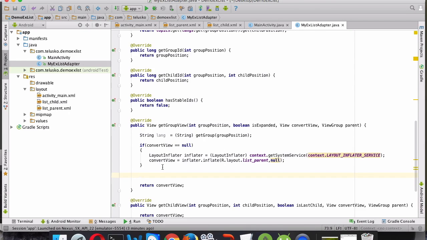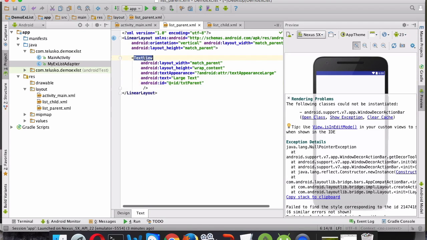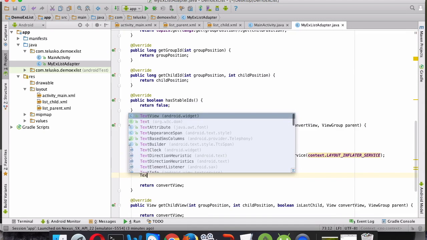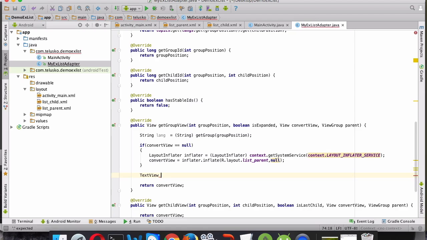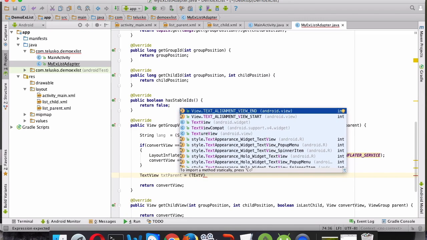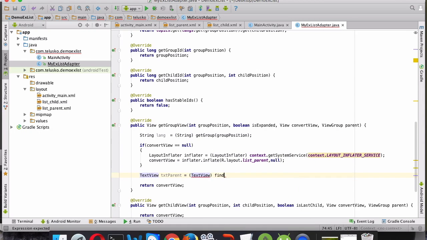Now what will be the value we'll be setting? We need to change it. If you remember, we have a text view, right? So we need to update this text view with the help of our code. How to do that? Let's say text view, which we'll name as txt parent, and we'll say this is text view, which will find